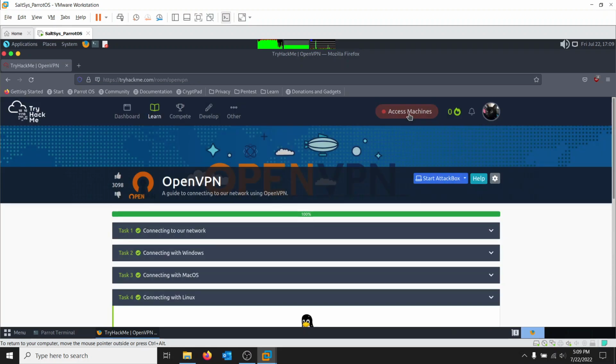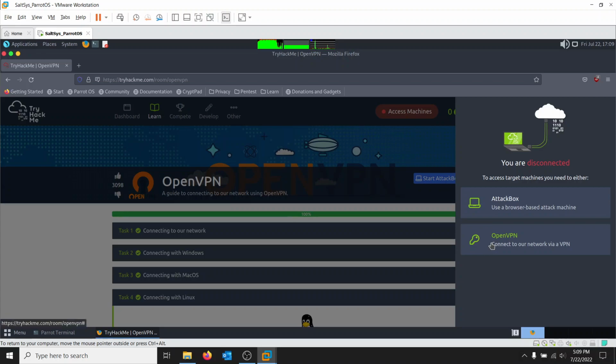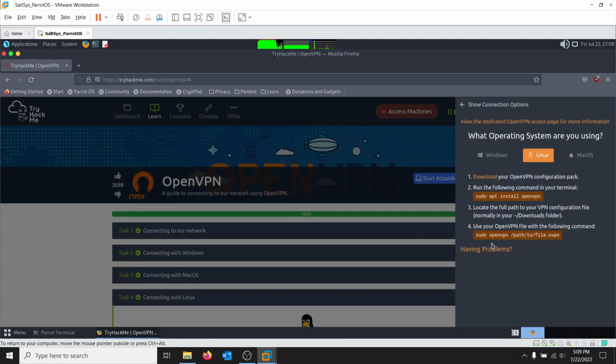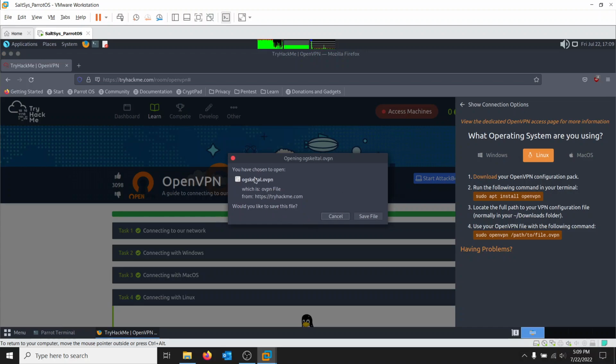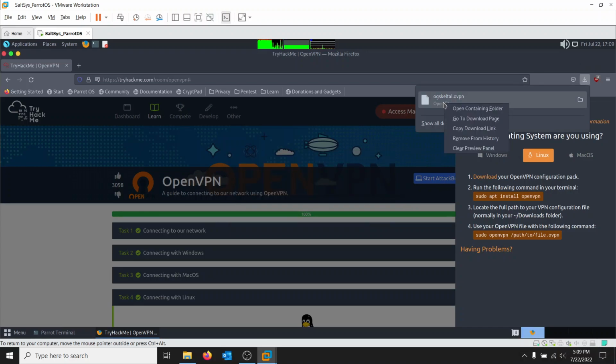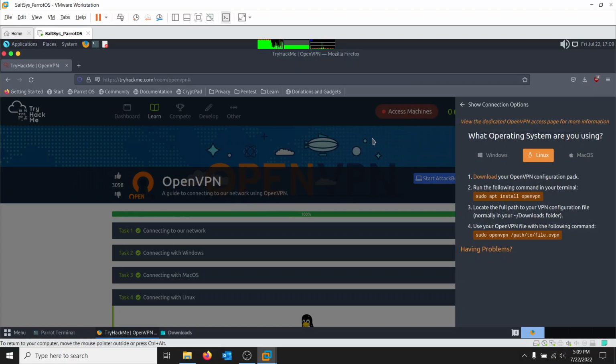So what I'm going to do up here is I'm going to click Access Machines. I'm going to click OpenVPN. I'm going to download my OpenVPN configuration pack. It's a handy dandy little .openvpn file. And it is going to save